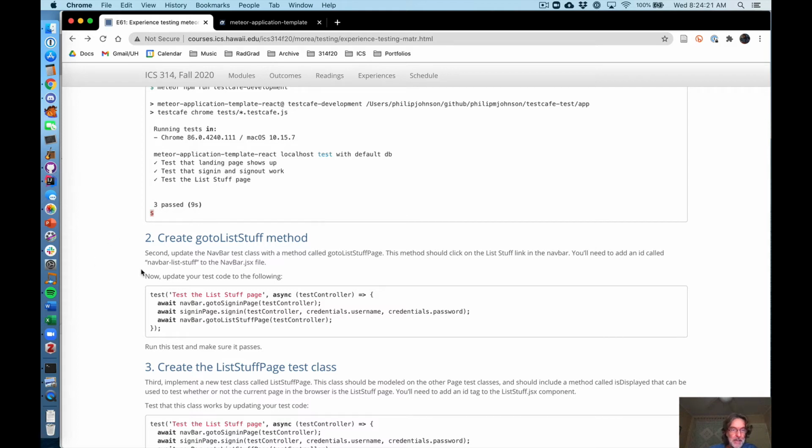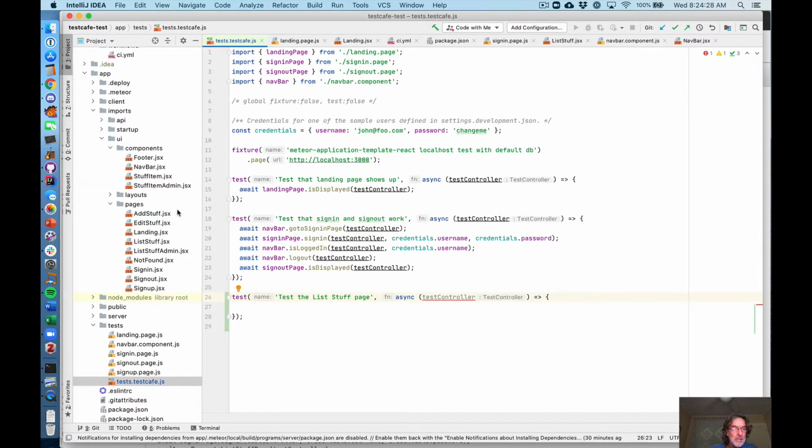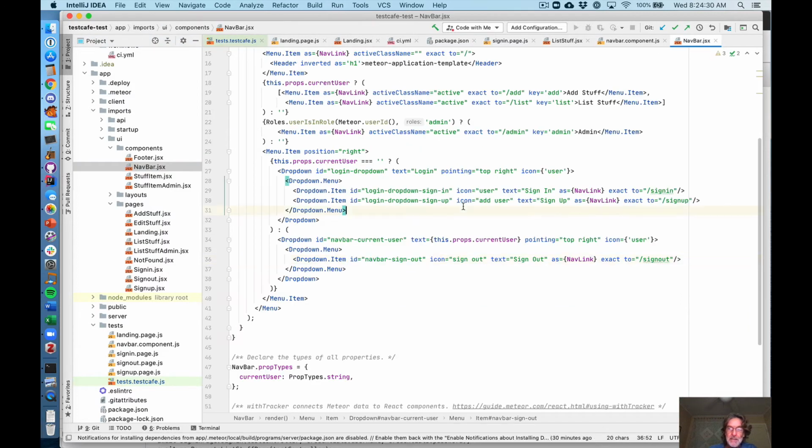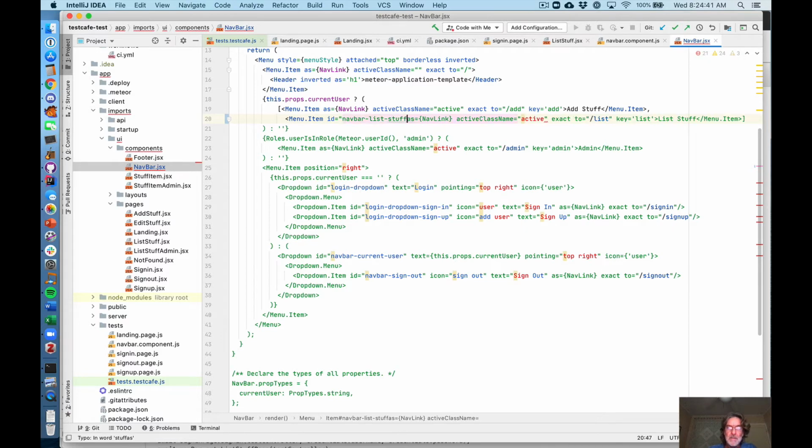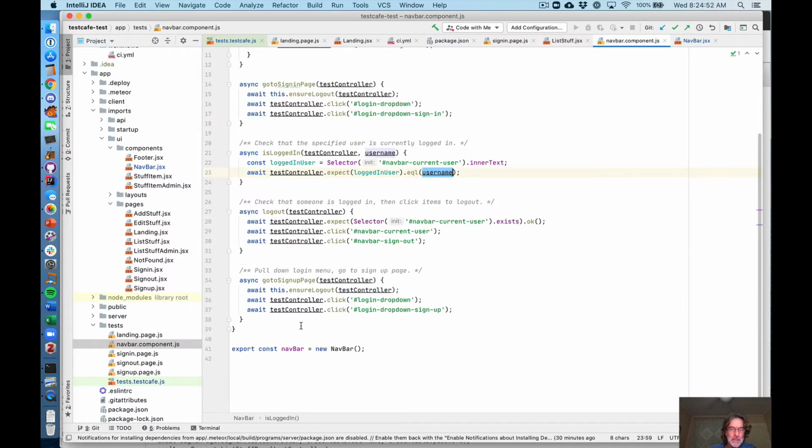So the first thing, we want to add an ID called navbar-liststuff to the navbar.jsx file. So let's go to navbar.jsx and let's find the list stuff. Here's the list stuff menu item, and we'll say ID equals navbar-liststuff. Okay. And then once we've done that, now we can go to navbar.component.jsx,